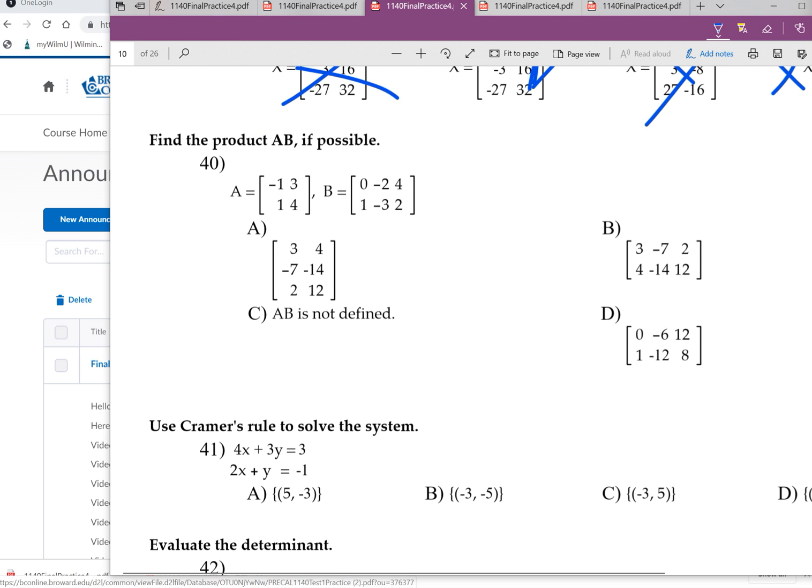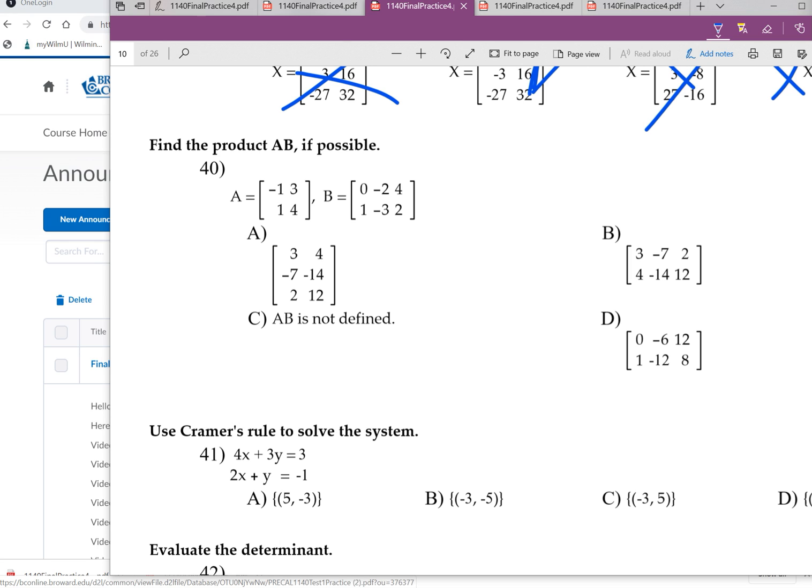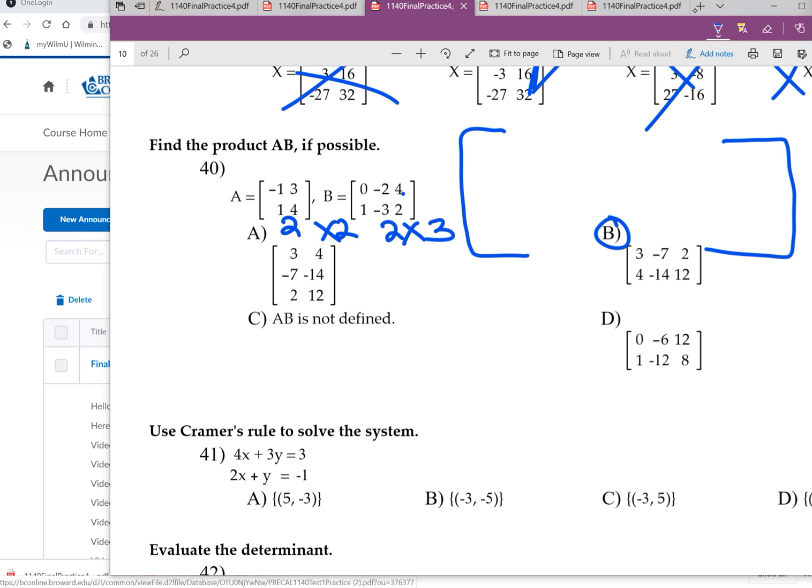Okay, and the last question that I'm doing in this recording is 40, find the product. Okay, and so in this case for number 40, your answer choice should be B. You remember how I showed you, you have to first test to see if it works. So this is a 2 by 2 times a 2 by 3, and so yes, it does work. And what you want to do is basically create a giant matrix. And because this has 3 columns, my apologies, 3 columns, you're going to re-express or reprint this